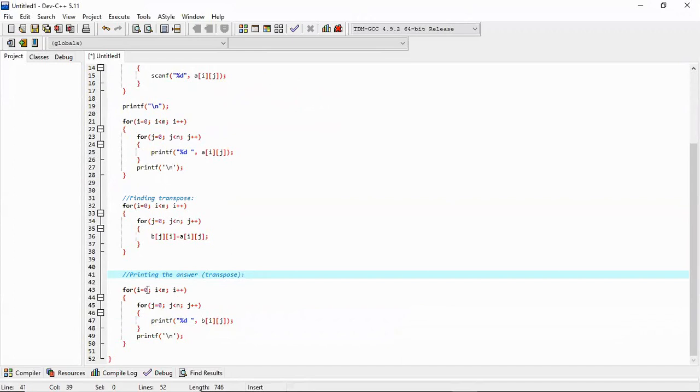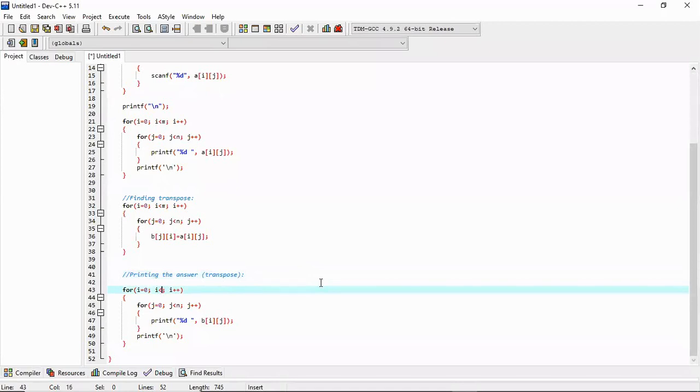And what is this i? It runs through the number of rows in the matrix. So if I ask you what the number of rows in B is, it obviously will be n, not m, because we have done a transpose.